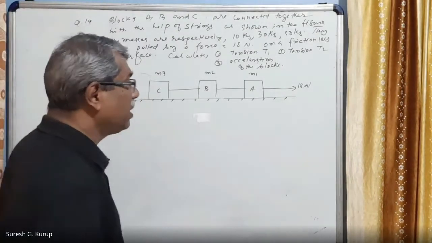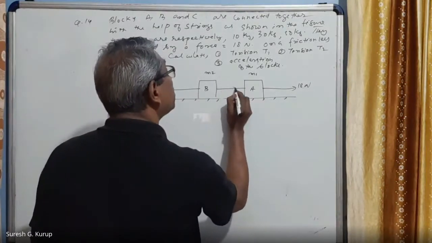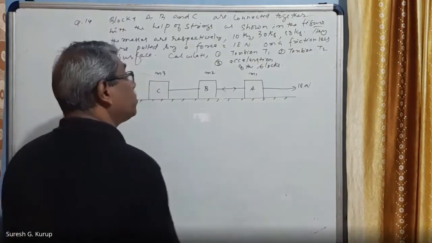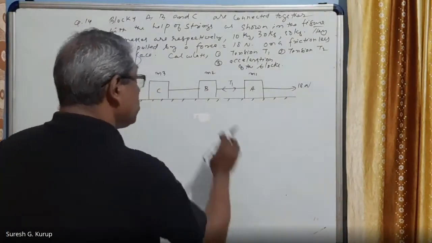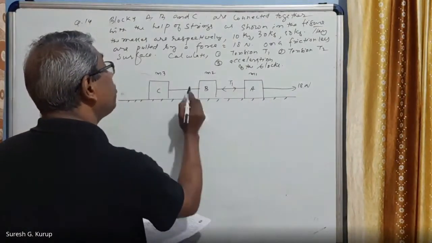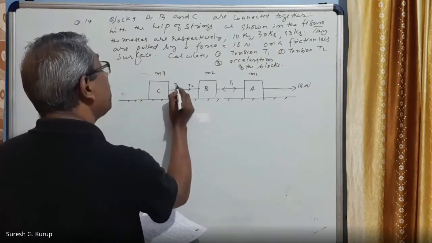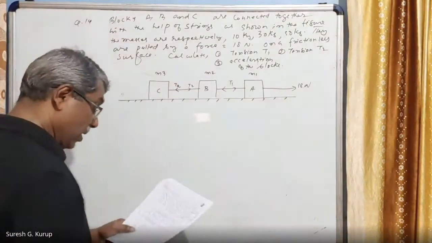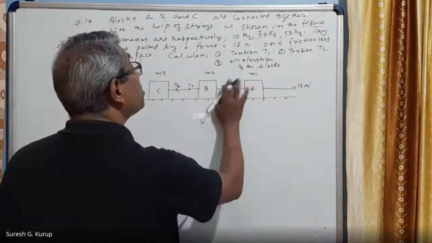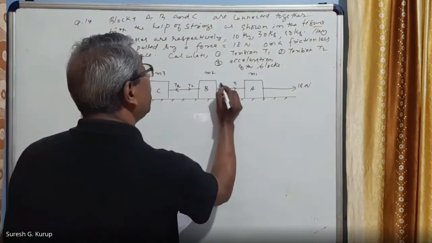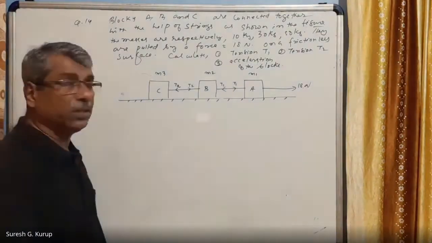Then when it is pulled, this body will pull this one with a force along this direction. Therefore, this will pull in the opposite direction. So this is taken as equal to T1, I can write. This body is pulling this with a force equal to T2, and this will also apply a force of T2. Every action has an equal and opposite reaction. So both are T1 only. So these are the things.